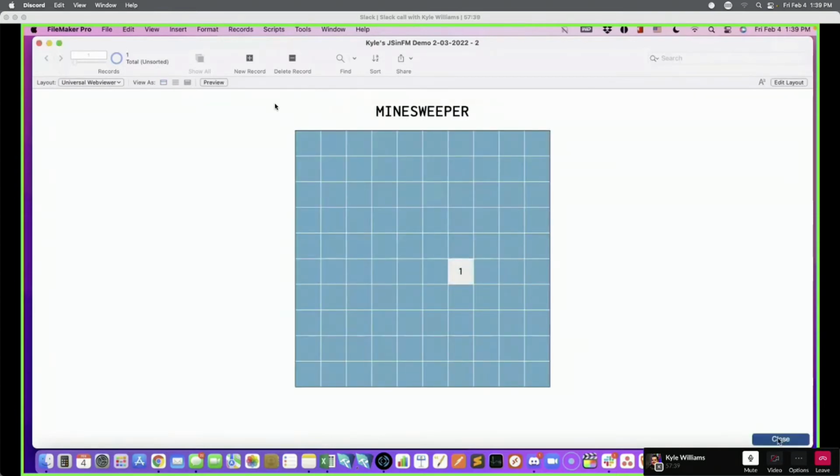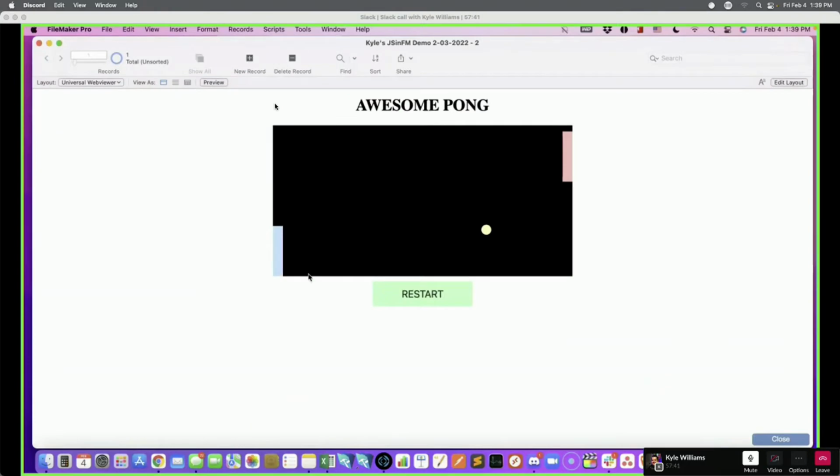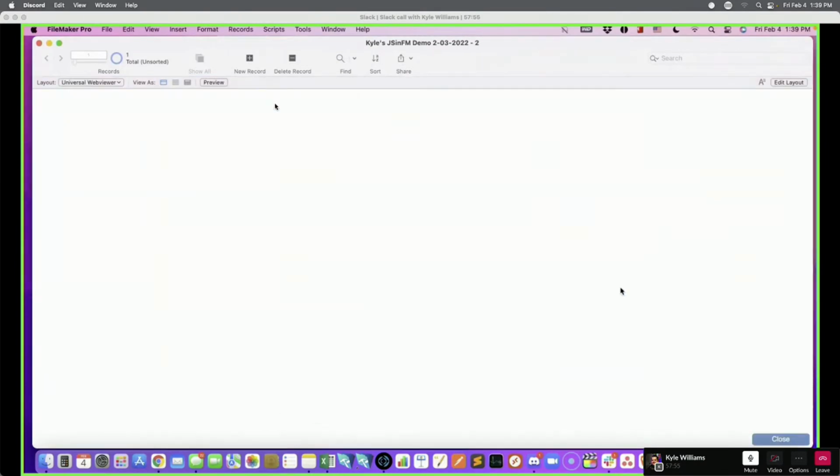Minesweeper's pretty hard, but and then there's a little Pong game where I move the mouse cursor and it moves my paddle with my cursor. Yeah, so kind of a silly game, but